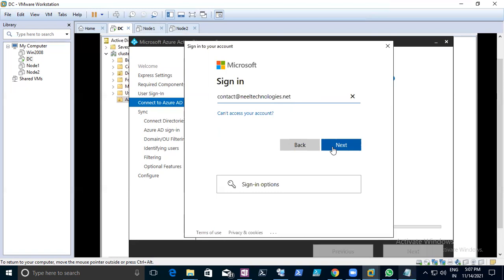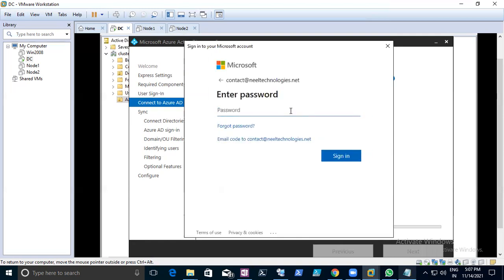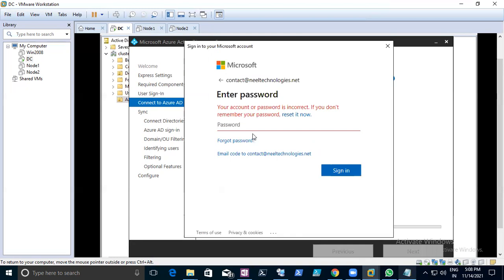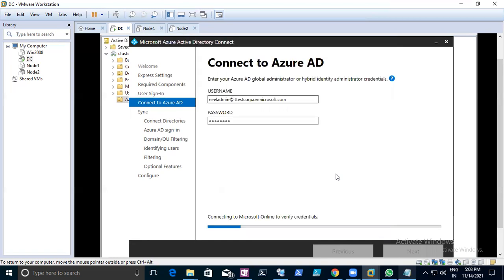Yeah, contact@miltechnics.net, and the password. Enter password. Perfect. It's validated one more time for your primary account.